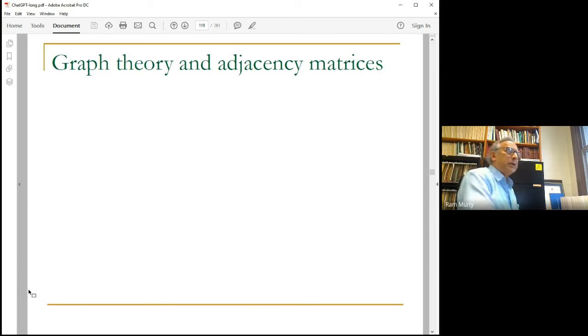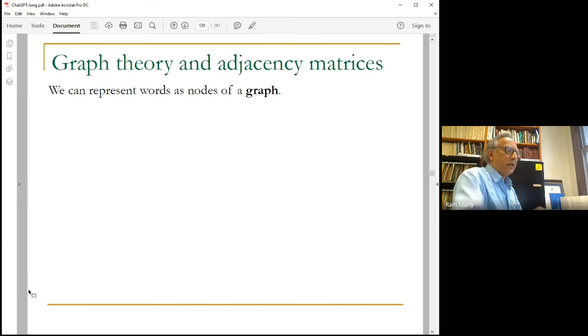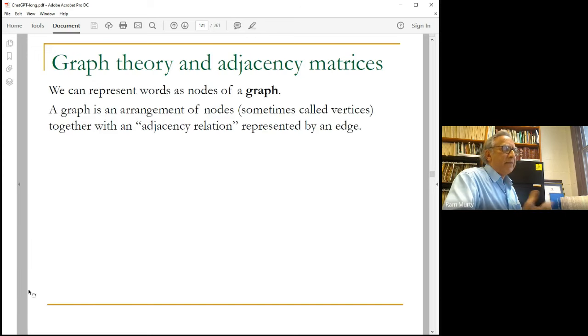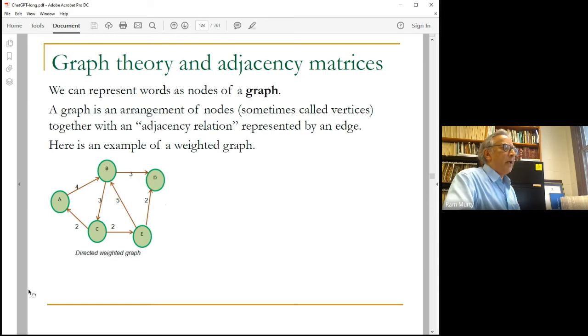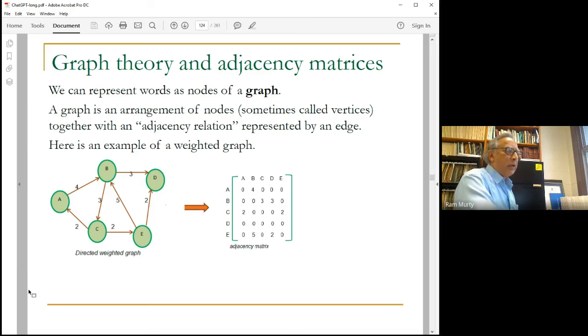Now, you can use graph theory and adjacency matrices to understand many complicated processes. So let me try to quickly review graphs. A graph is an arrangement of nodes, often called vertices, together with an adjacency relation represented by an edge. Here's an example of a weighted graph. So here are nodes, and then you have edges, and then you are going to assign weights to these edges. And this can be encoded into a matrix. The matrix will be a 5 by 5 matrix, and the entry would be the weight that you assigned to